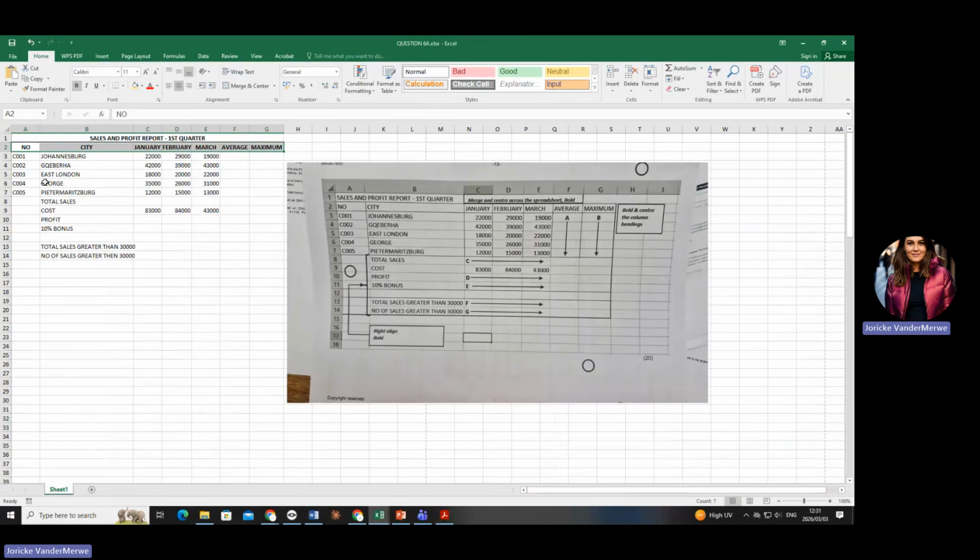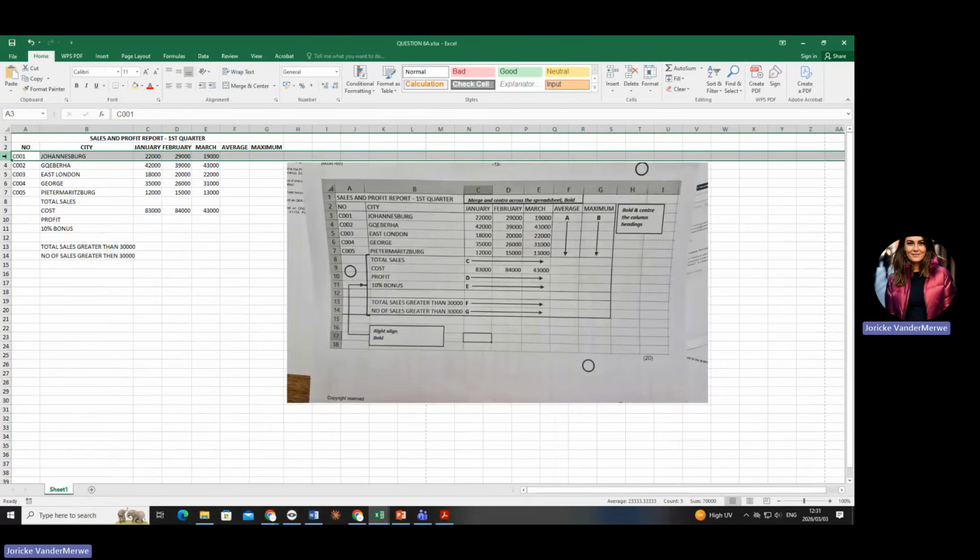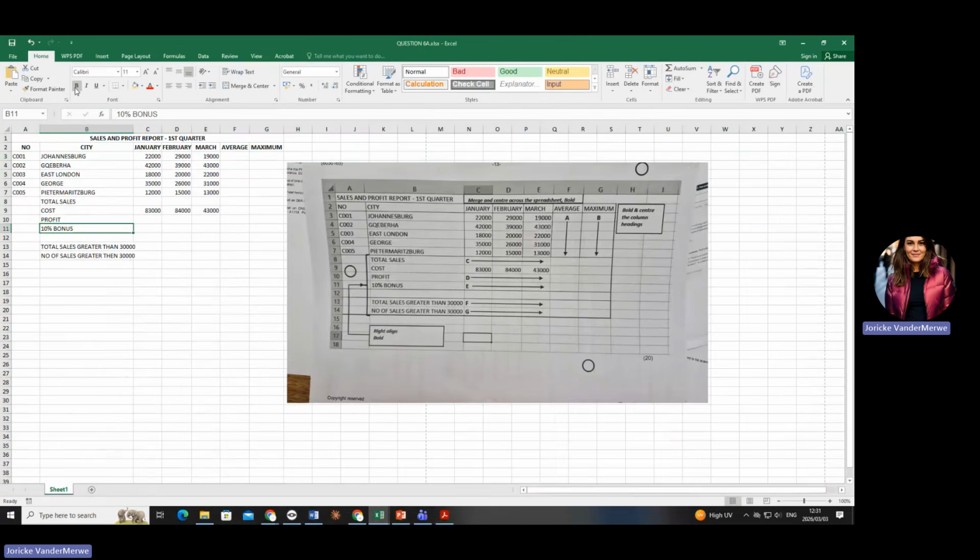And then the row 3 looks fine, and so all of the others look exactly the same, except they're asking us to write a line and bold the 10% bonus. So can you see you're going to bold it and write a line? Are you with me? Okay.